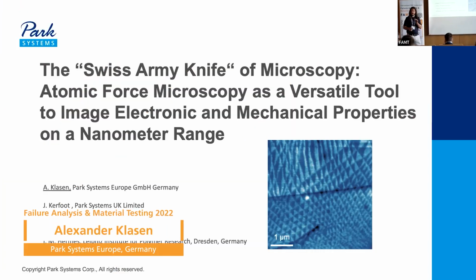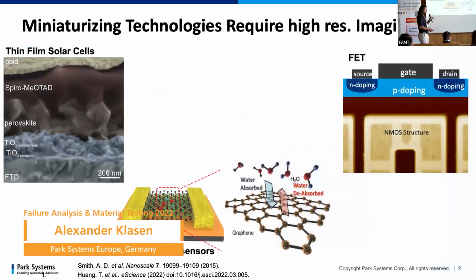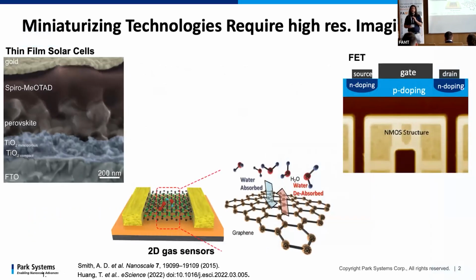This talk is aimed to give a general introduction about AFM possibilities and how we can use them, giving some brief examples. So, as you're well aware, in our ever miniaturizing world, our electrical high-tech devices become smaller and smaller. For example, in modern thin-film solar cells, we'll find 5 to 6 different functional layers over a span of below 1 micrometer. Or as we have heard today from Samsung, their model chip design are basically approaching the 3 nanometer